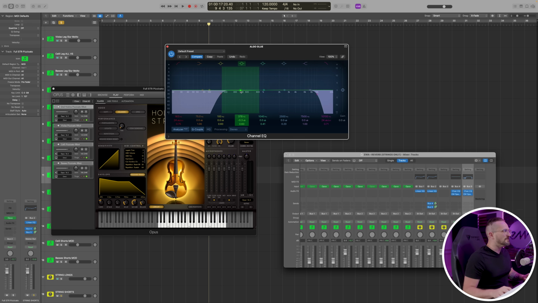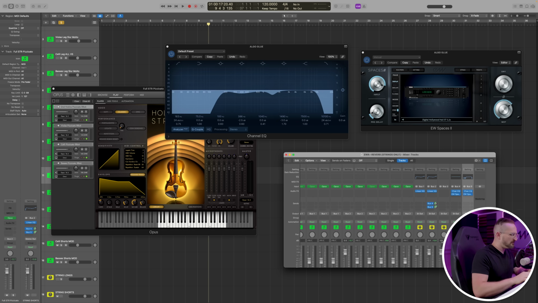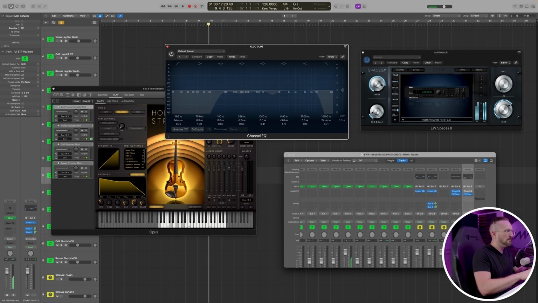Now, I do still like to fine-tune things, so I'll do some shallow cuts around the lows or the low mids, and then maybe just a slight dip around 1 to 2K. And that can be a problematic frequency range in some reverbs. That kind of gives you this sewer pipe effect. That's not always the case, but I kind of just do it now as a matter of procedure. So let's go ahead and hear it. Here it is without the EQ. So that EQ is definitely helping to clean up the sound, and that's really going to have a cumulative effect in a mix.